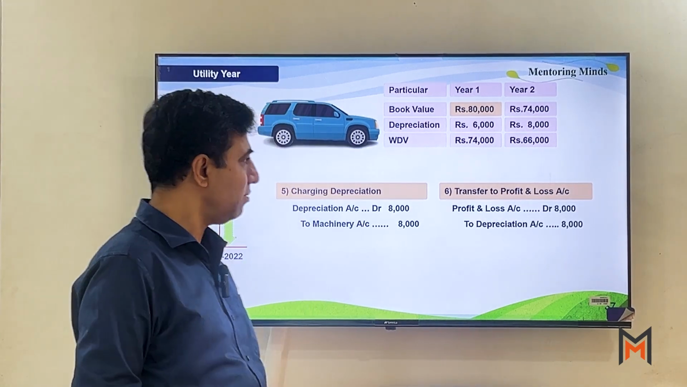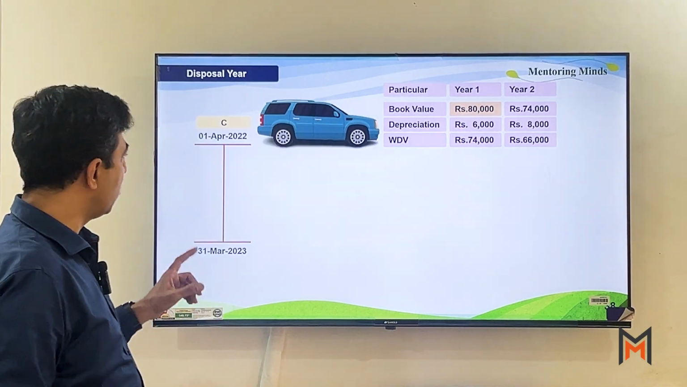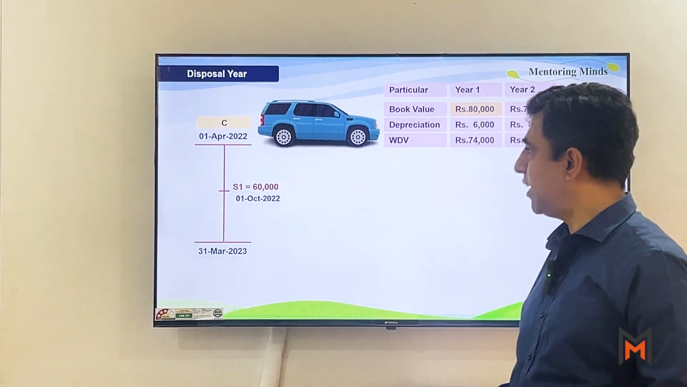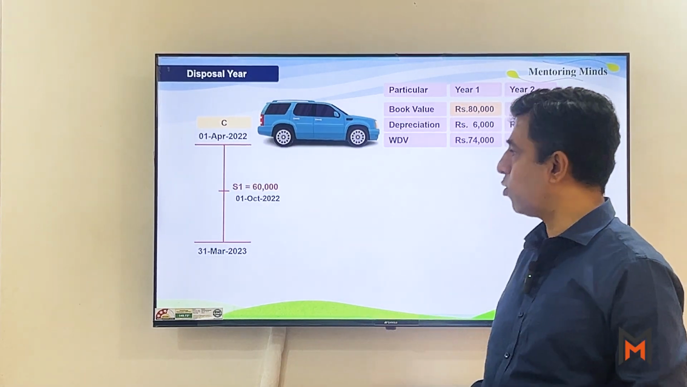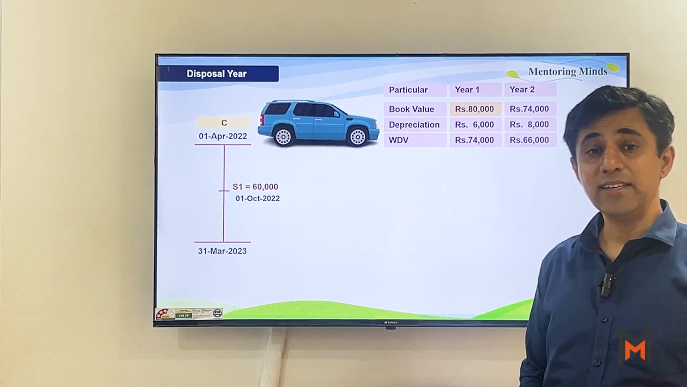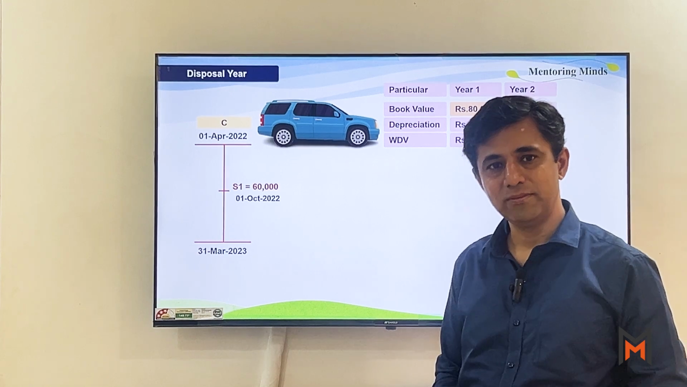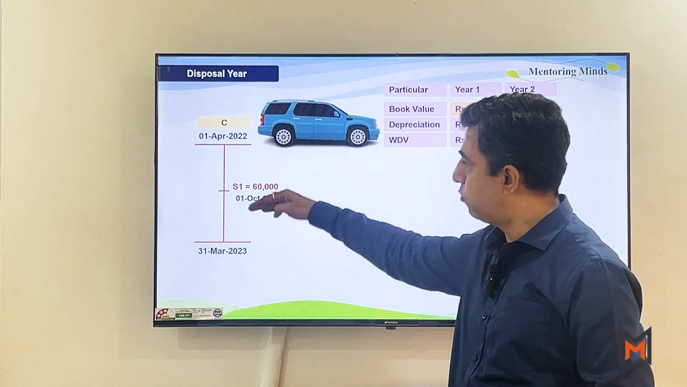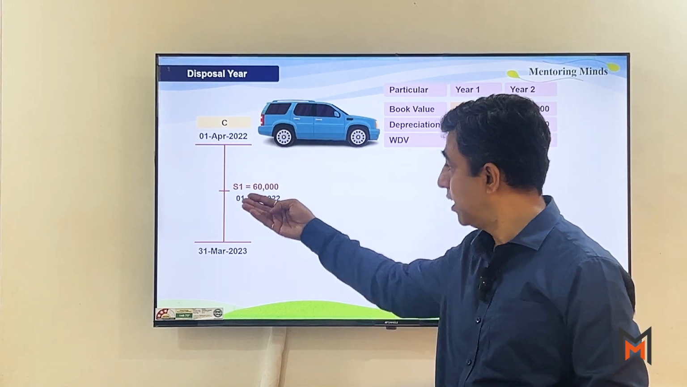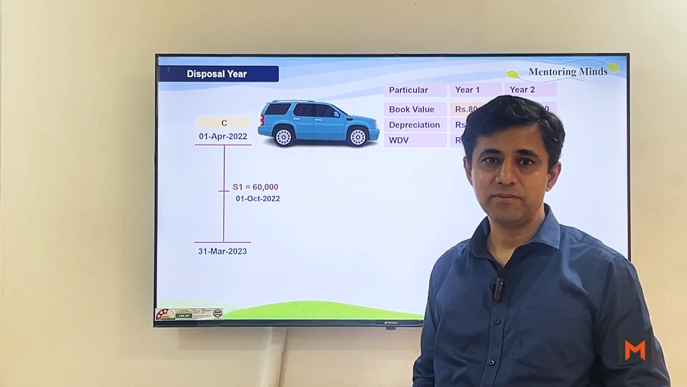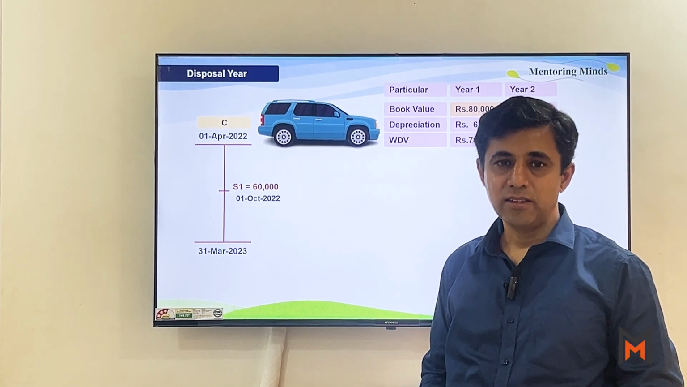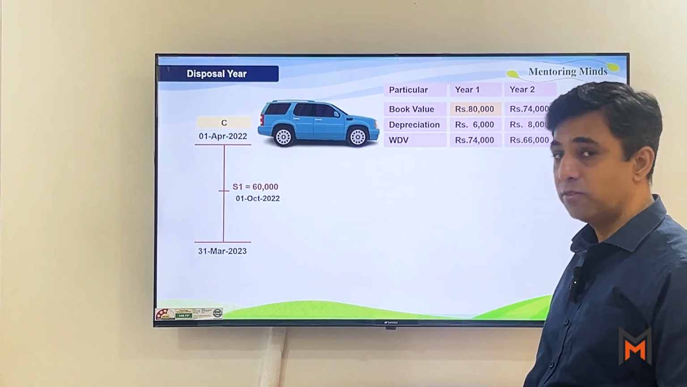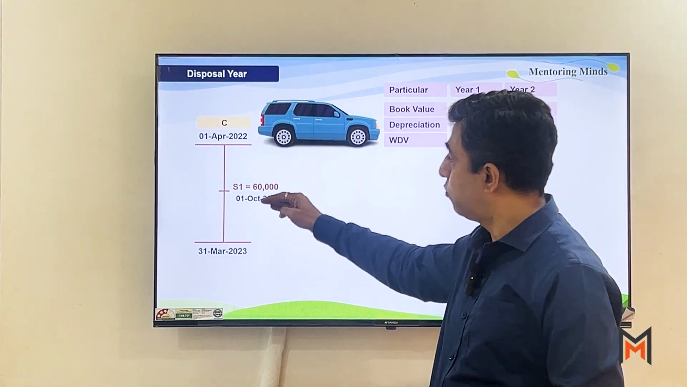So easy. In the third year, now observe, in the third year, we are going to dispose the asset. Let's say we dispose the asset on 1st October 22 and the sale value was 60,000. Now think and tell me, will you charge depreciation before 1st October or for the period after 1st October? Yes, you are right. So we will charge depreciation for the asset for the time period before we are selling